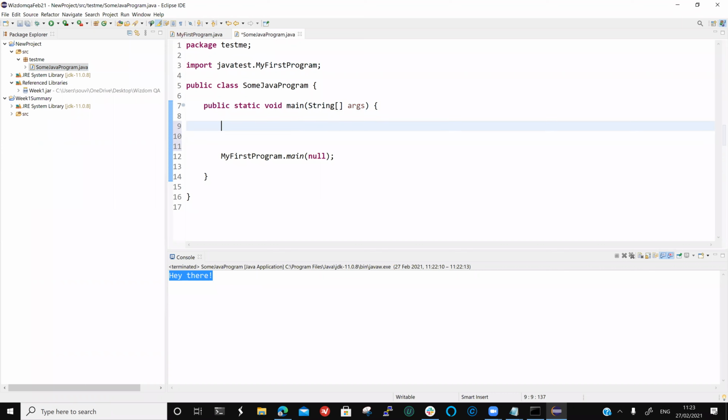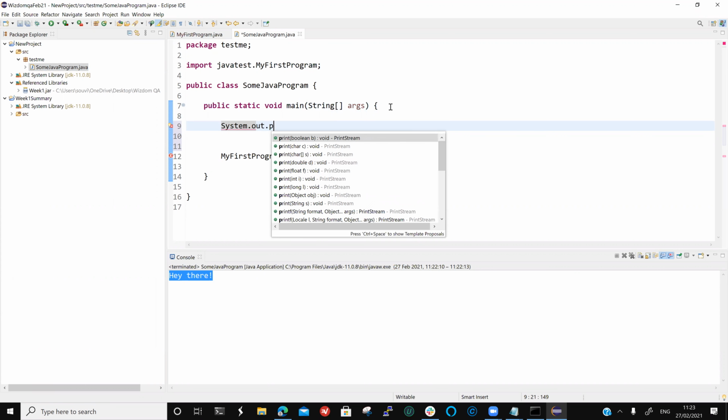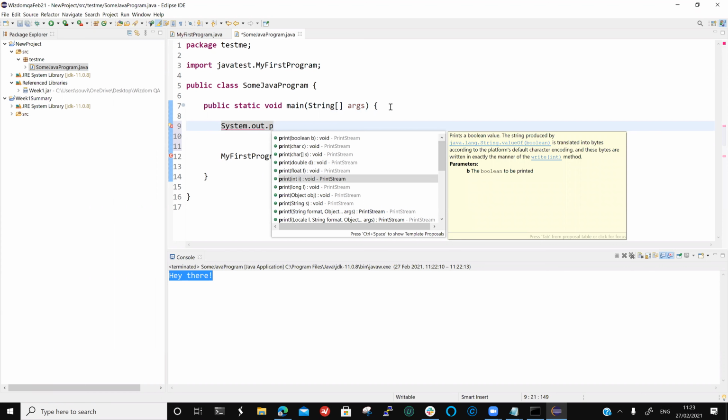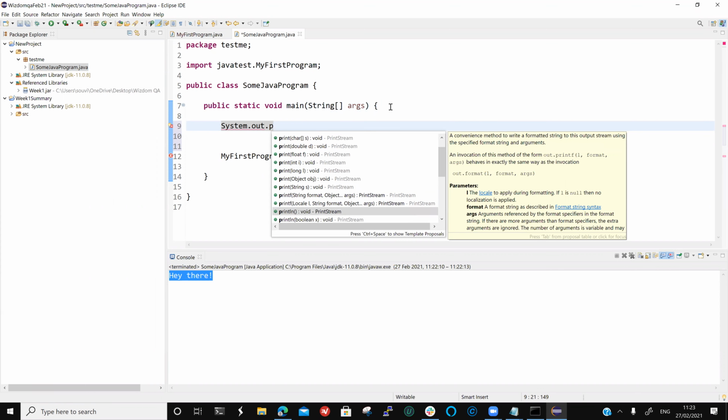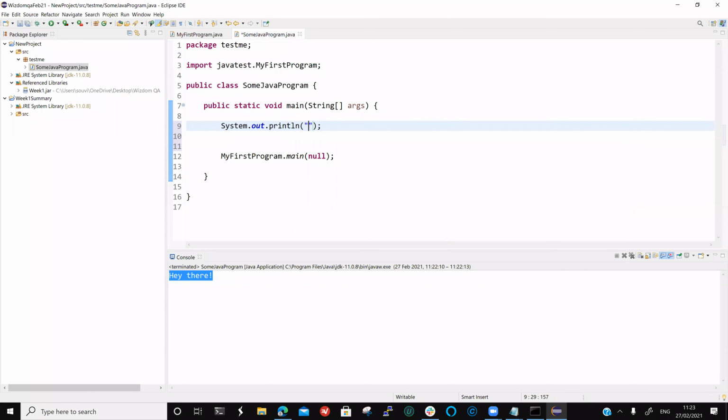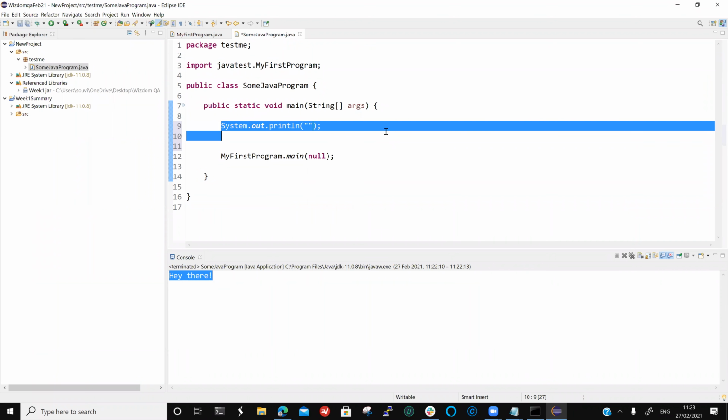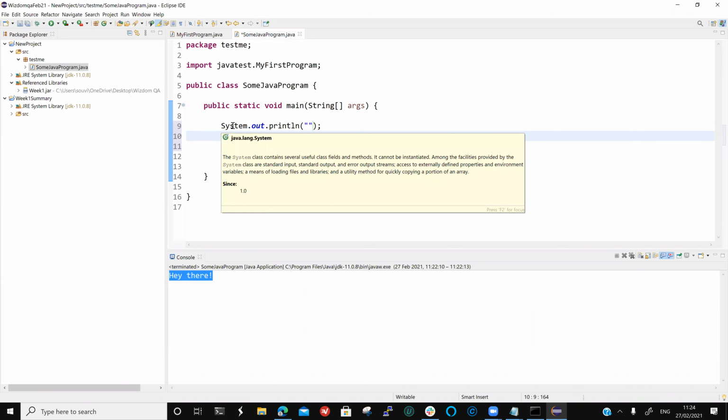Okay. Where exactly is this coming from? System.out.println. This simple line I'm writing for the last 1 hour now, right? Where exactly is this line coming from? How am I able to create this line? Because this is a part of my system library. You see, the system is coming from